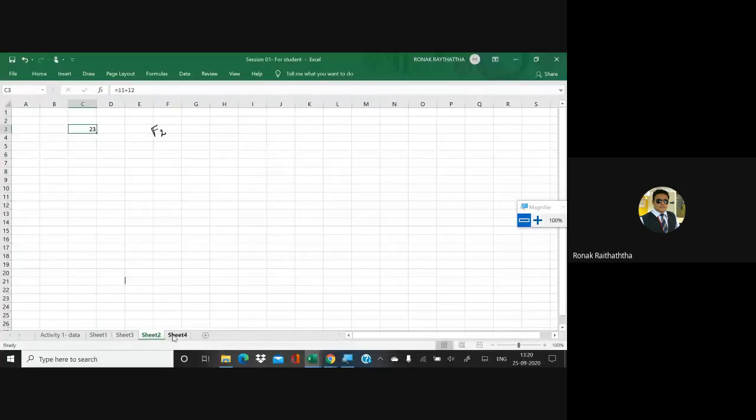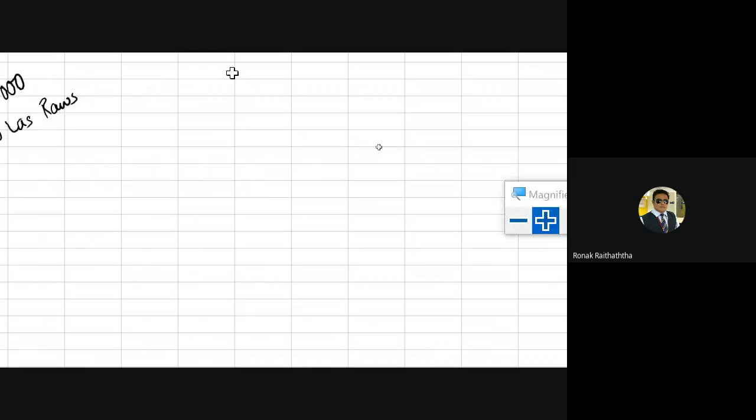There are various worksheets. So each and every worksheet will be visible over here. You can add the worksheet, you can delete the worksheet as per your requirement by having the right click. You can rename it, you can give the color to the worksheet. Now this collection of worksheets is considered as the workbook. So right now I am in this workbook.